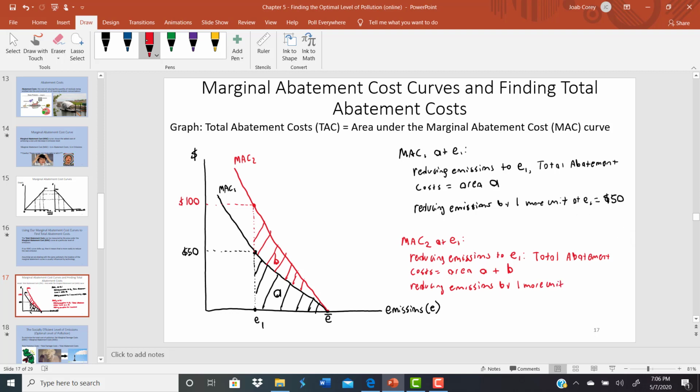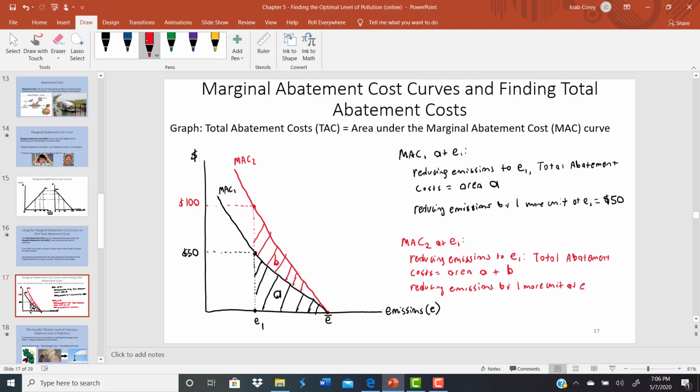When we're already at E1, the marginal abatement cost is going to be equal to $100. Right, so again, that marginal abatement cost curve not only tells you what the total abatement costs are as